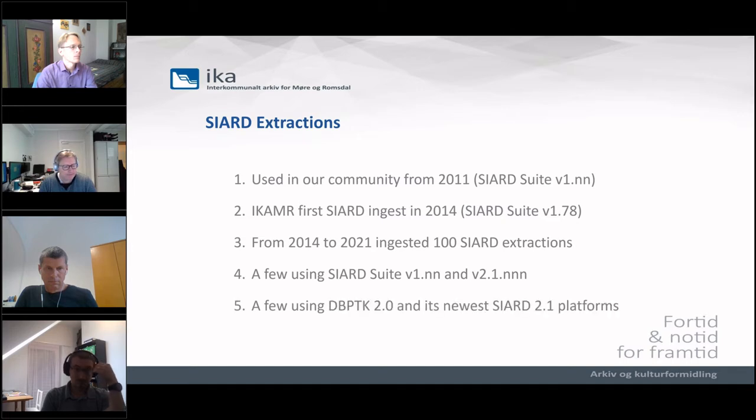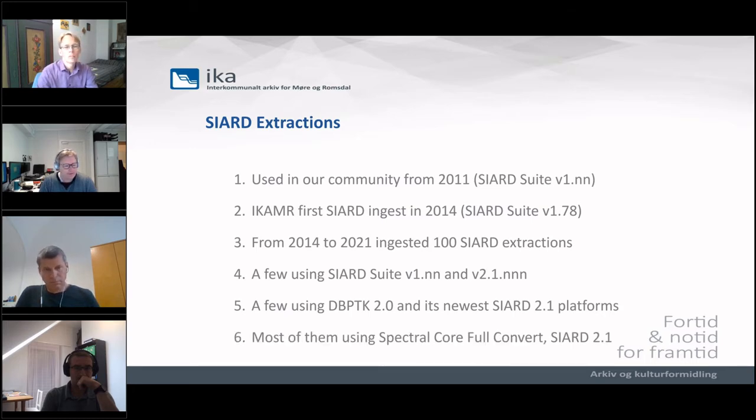A few of them have been using Database Visualization Toolkit 2.0 and the new SIARD 2.1 platforms, as Luis Faria demonstrated yesterday. But most of them are using Spectacor Full Convert, as Damir showed yesterday as well, creating SIARD 2.1 extractions.